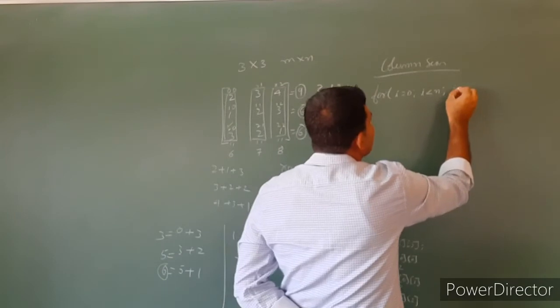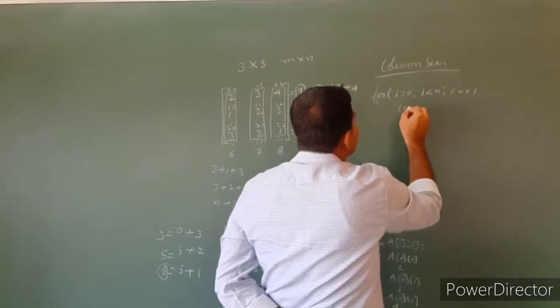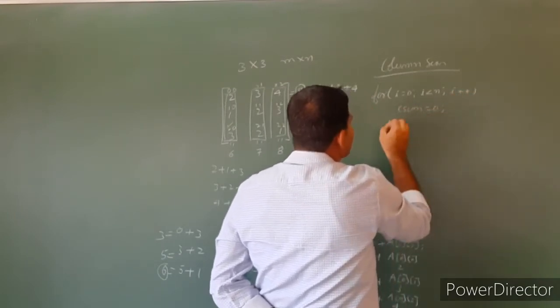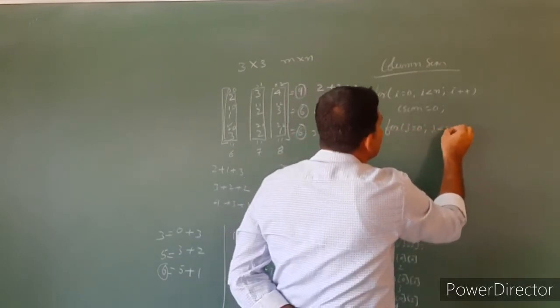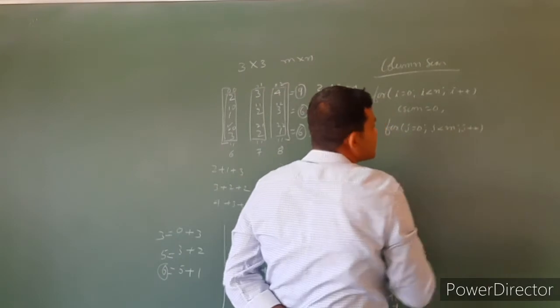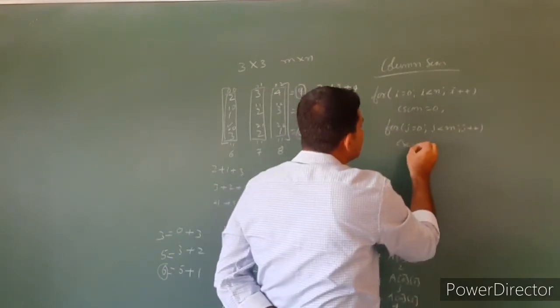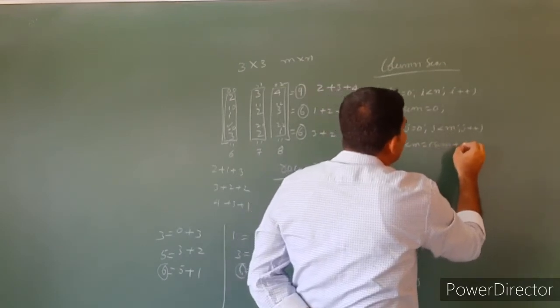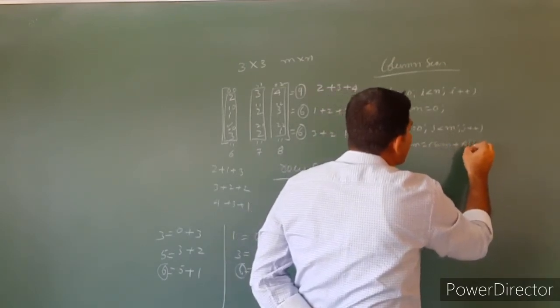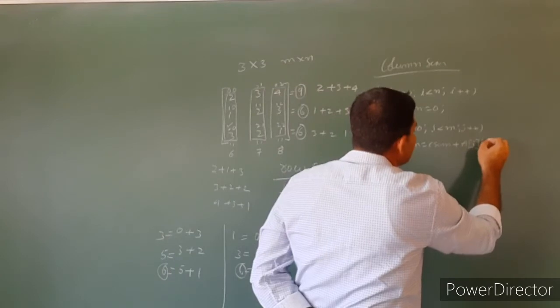I less than n, I plus plus. Here we initialize C sum equals 0 for j equals 0, j less than m, j plus plus. Then C sum equals C sum plus A of, first we have to write the j, then we write the